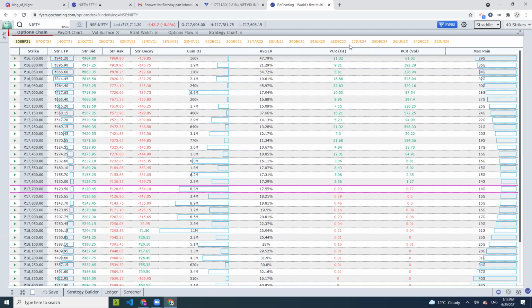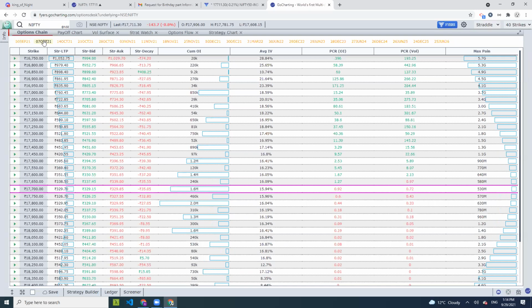So here on the top, again, I can choose the series I want. Suppose I want to again focus on the series which is going to expire in 8 days from now. So this is the series I am in. This is the strike price for the series. The next one is called LTP Straddle. What it does is basically it adds up the premium on the call side and the put side, and that's the price it is showing. So it is giving you the price of the entire premium if you want to go into a straddle position. Then same thing on the bid side, same thing on the ask side.